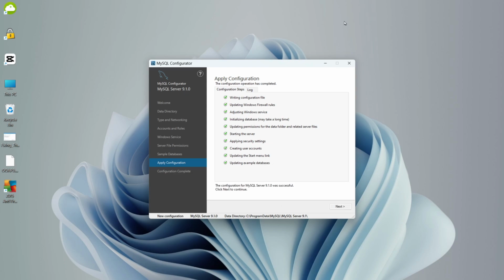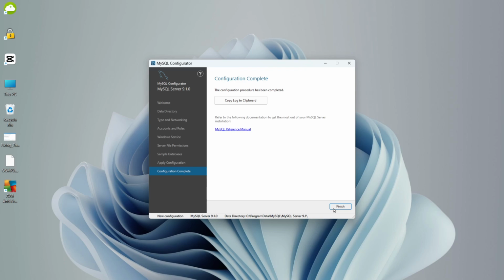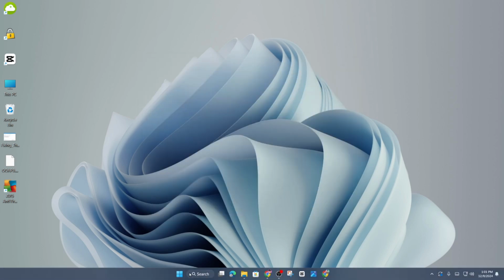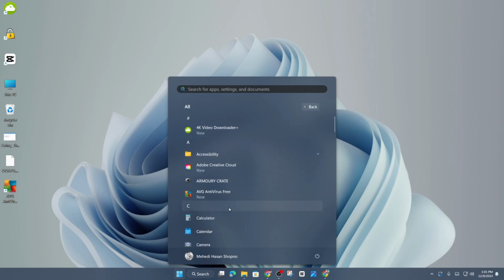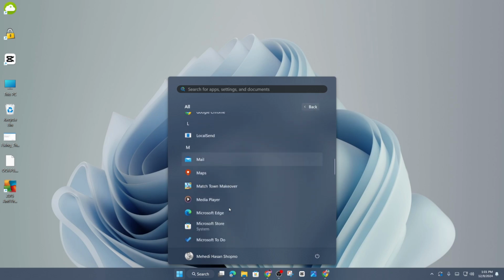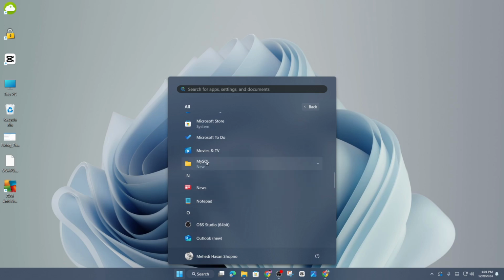And you can see after the configuration is complete, you will get an option called next. If you click on that, you can simply copy the log to the clipboard. If you don't want to, then click on finish. Now what we are going to do is go to the start icon and go to all apps. Now we are going to search for MySQL. You will get this over here. Click on that and open